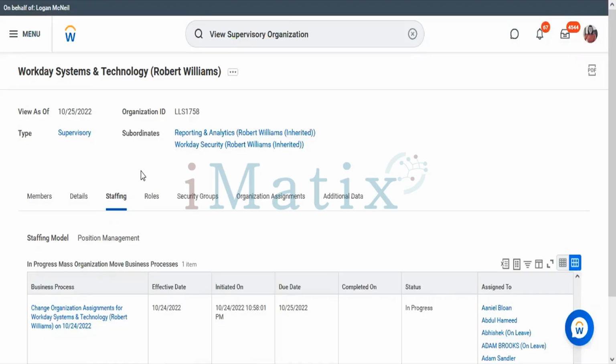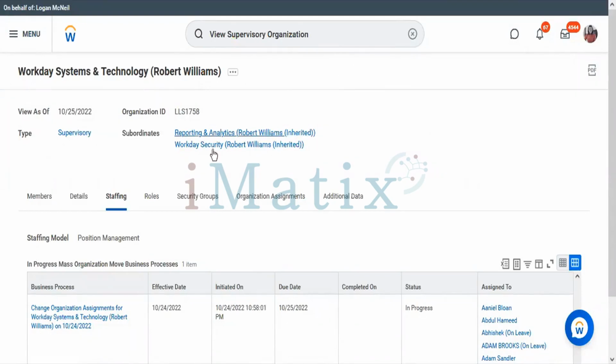What about position management? We need to create a position under position management. We need to have a position in order to hire an employee. If you want to hire an employee, you definitely need to have a position for that employee.